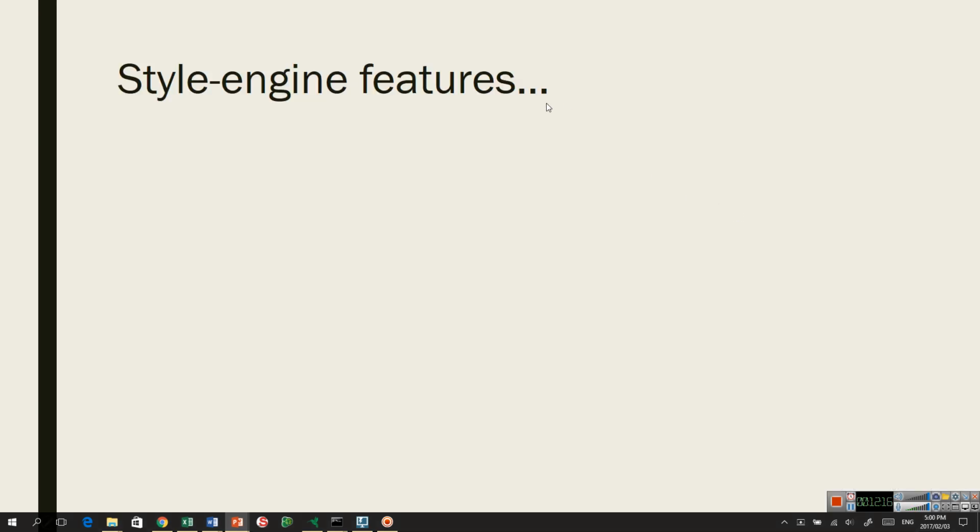Now, let me just quickly mention some of the features to give you an idea of what the style engine is able to do. And perhaps the most important thing, and I can't overstress this, is that we've got clean data going back to 1985. We've taken quite a lot of trouble to ensure that we've got every share that ever was listed, that we have controlled for all the corporate actions. We've benchmarked our data in terms of returns and value against the JSE's indexes going back this far to make sure we haven't missed anything. So we've got very good data.